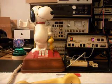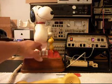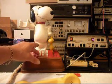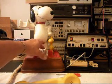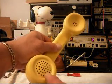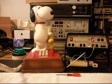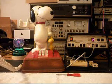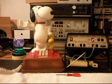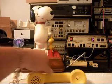And then what we want to do, if you watch the analyzer, is I want to go ahead and dial some numbers. I'm going to end in a 2, and then I want to transmit into the handset. And if you watch this red light, that's an indication of 100% modulation. 1, 2, 3, 4, 5, 6. Hello, hello. So we know the telephone is working, and